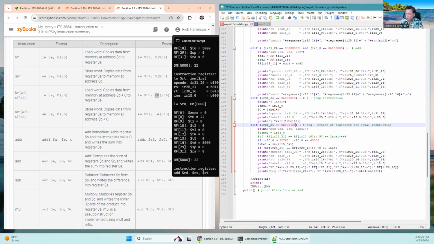It's a branch if equal. If the contents of this register is equal to the contents of this register, then jump to this label. And this label is a relative label, not an absolute one. So we add this label to the program counter. For the jump, we actually